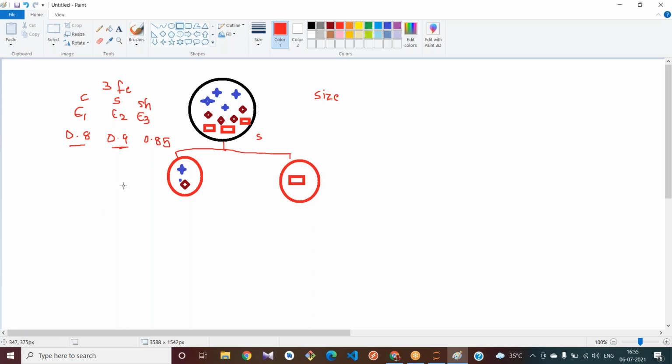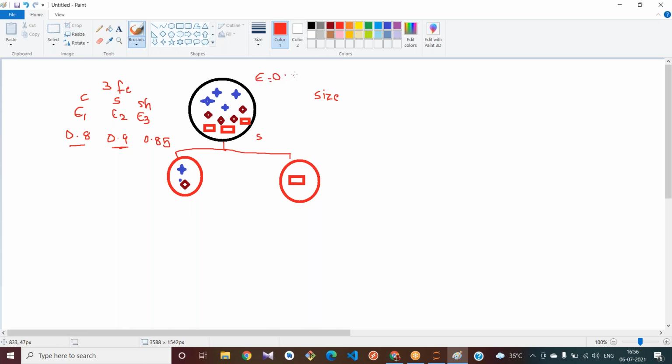Next, I again try to calculate my entropy. Here my entropy is 0.9.